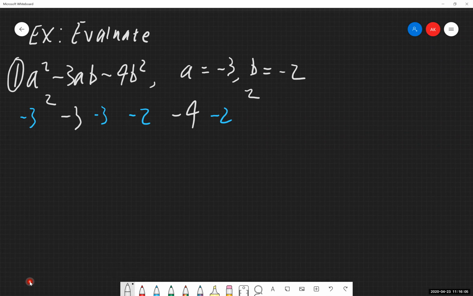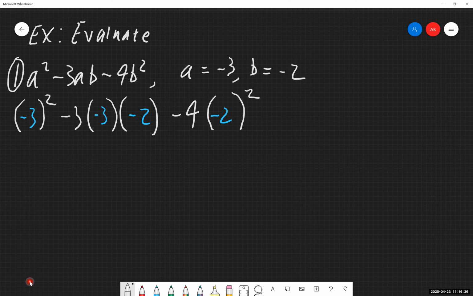So again, I cannot emphasize it enough. Make sure when you are doing the second step and you are substituting values in, always substitute values in inside of parentheses. If it's positive, negative, doesn't matter. Always put those parentheses in. And again, I'm going to sound like I'm saying this repeatedly throughout this entire lecture, but it's vital. You don't do that, you're going to lose points. You're going to get the problem wrong and all of that.